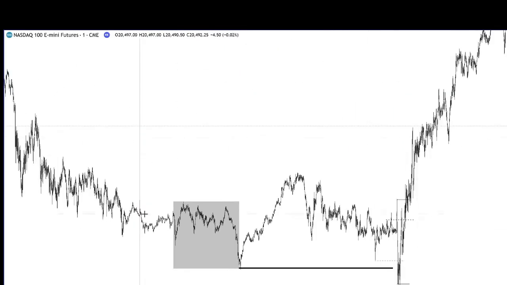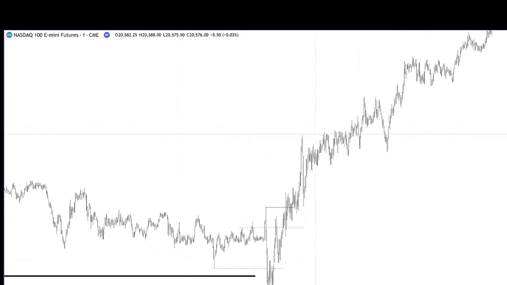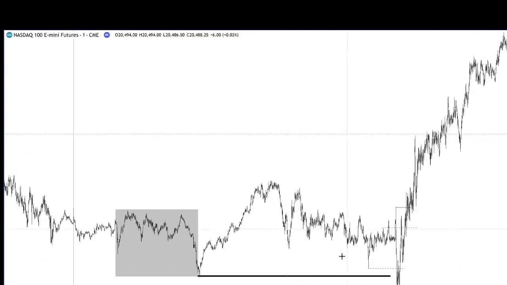Now, I just want to explain why we entered the 9 a.m. CRT model here. Why this was not actually pattern trading. Why this was actually looking at the markets with the correct identifiers. All right, on the 15-minute time frame,